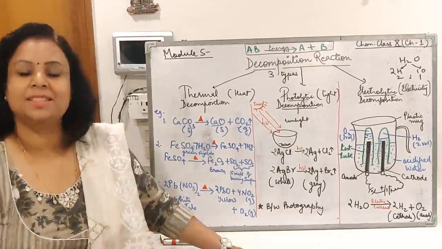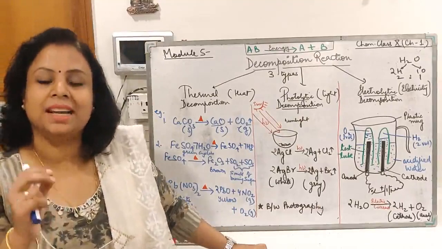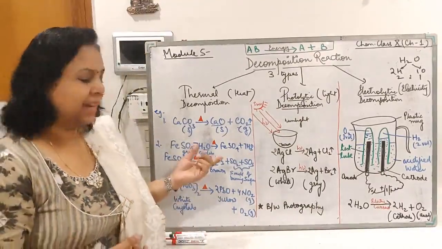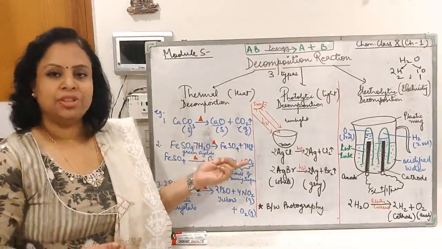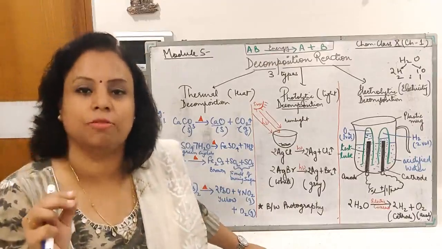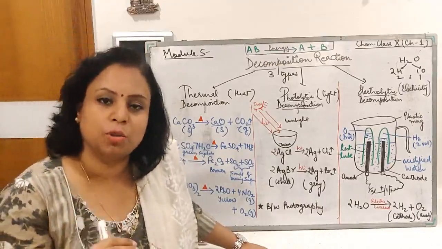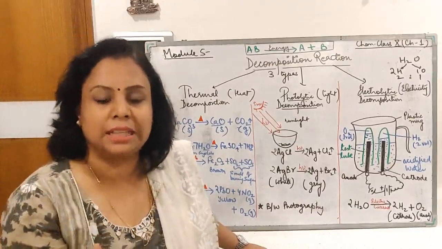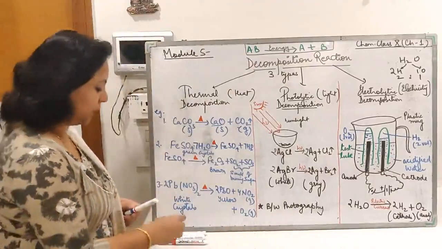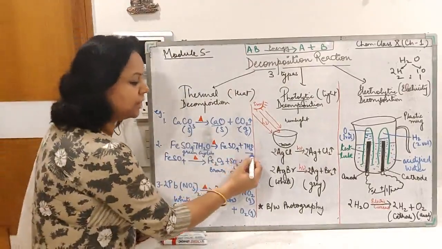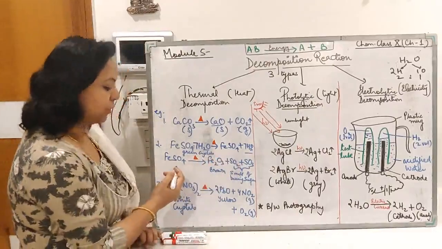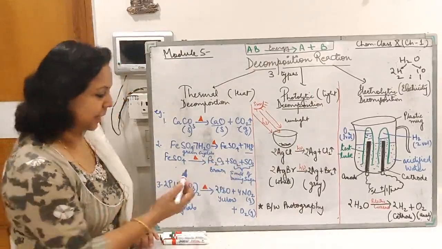Ferrous sulfate crystals. These crystals are light green in color, in crystalline form. When they are heated, what happens? Initially, the sides of the test tubes acquire small droplets of water. Now, these droplets of water denote water of crystallization present in the salt. So, what is going to happen? At first, the water of crystallization will be given out, and then ferrous sulfate, which becomes colorless by that time,